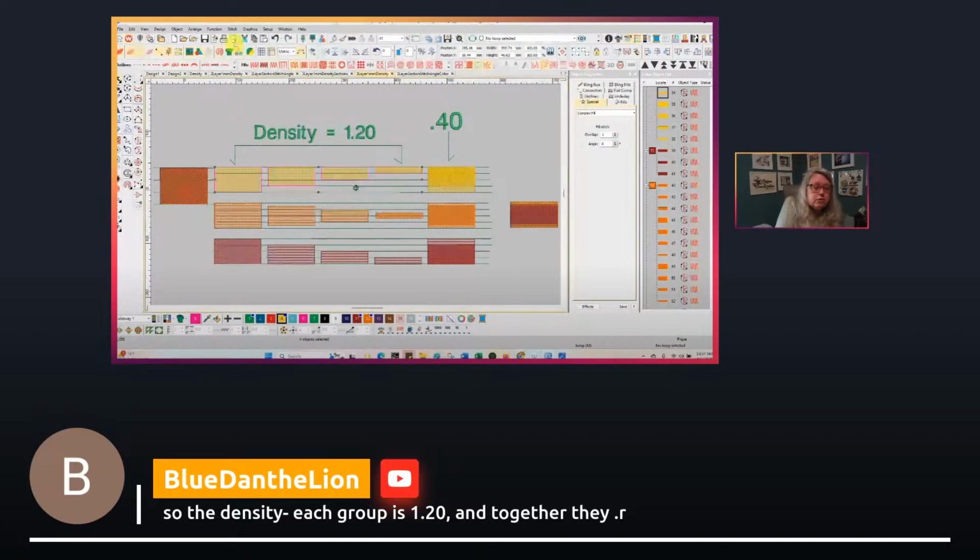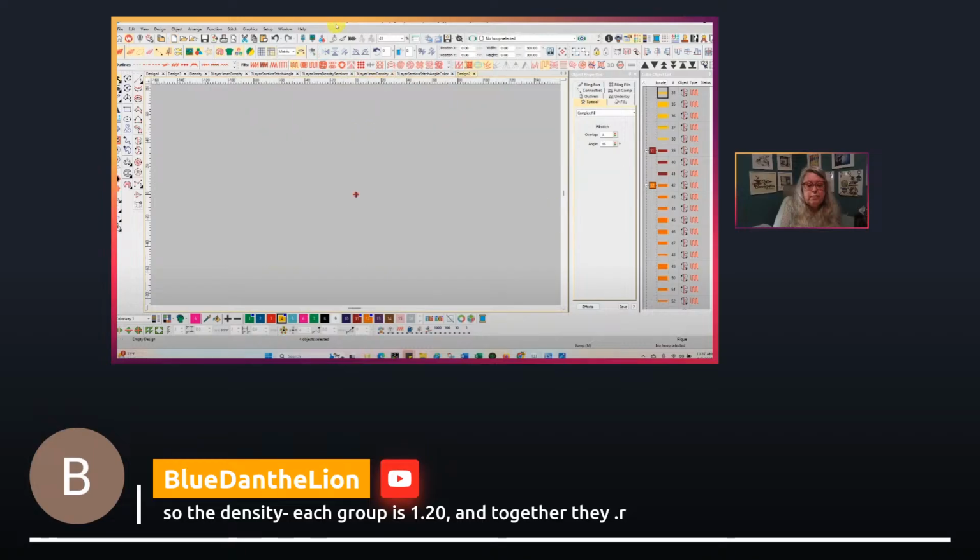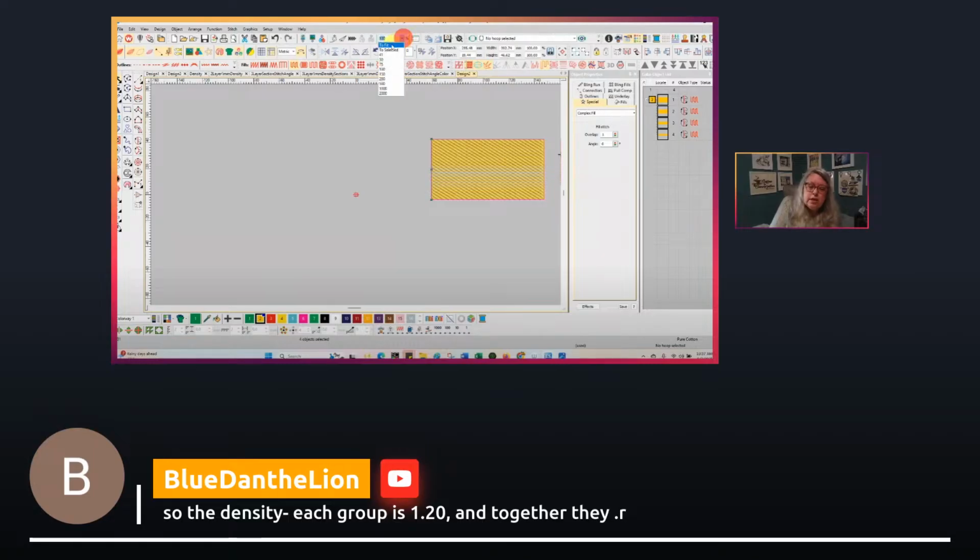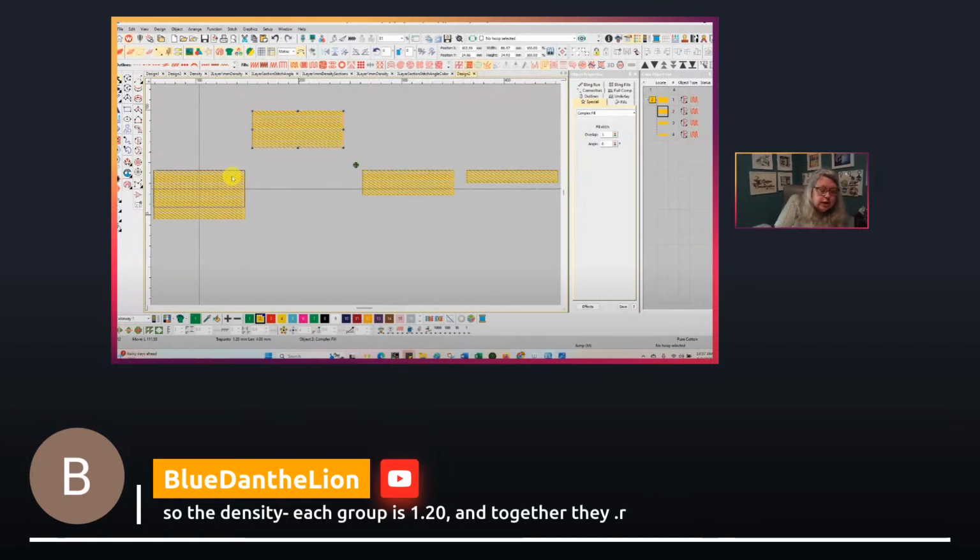And we're going to copy those to another screen. Because the same thing works with all three rows. Okay. So this is 1.20. This is also 1.20. If we put them together,